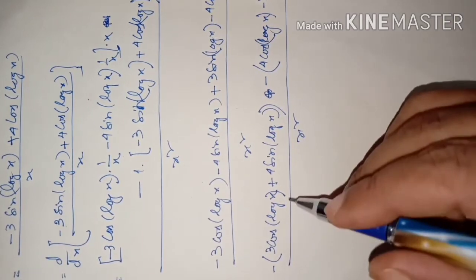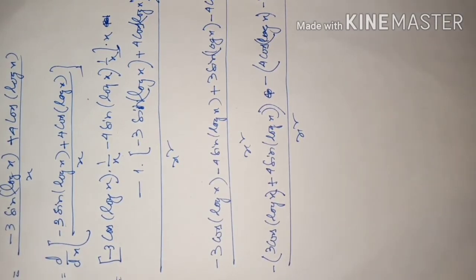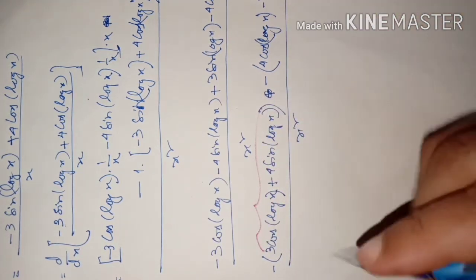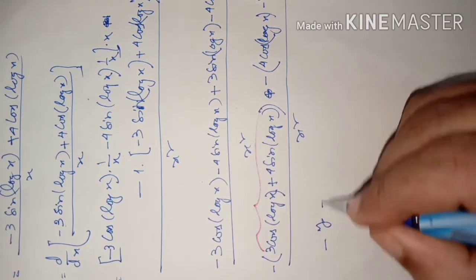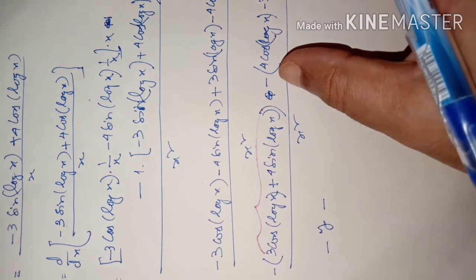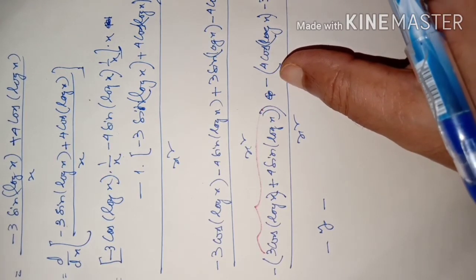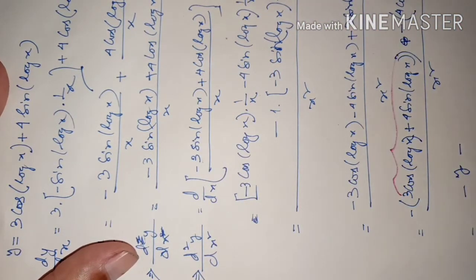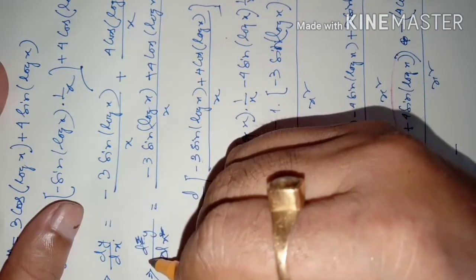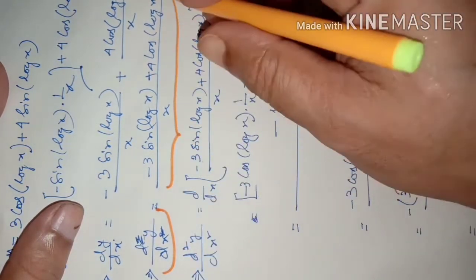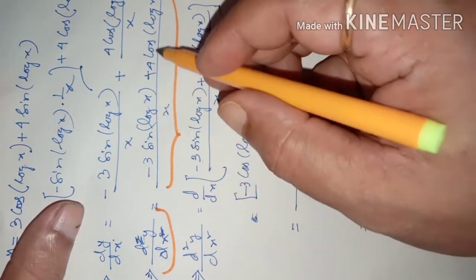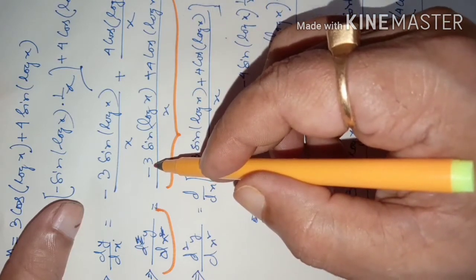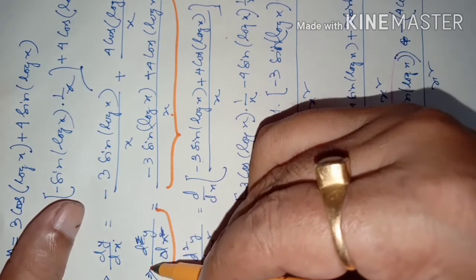Let us make it a little short using y here. For this whole thing we are using y, because y stands for this, minus y. Minus, for this also, if you look at the expression of y1, you will realize this whole thing is y1. So y1 expression you see, minus 3 sin log x plus 4 cos log x divided by x. So 4 cos log x minus 3 sin log x. If this x is taken here, then it will be x into y1.